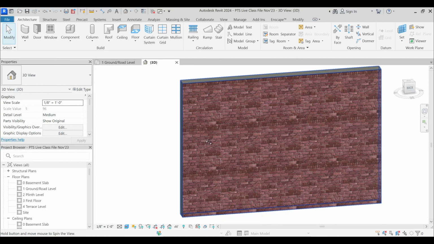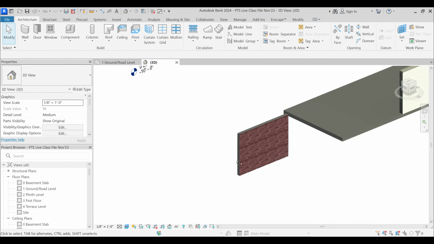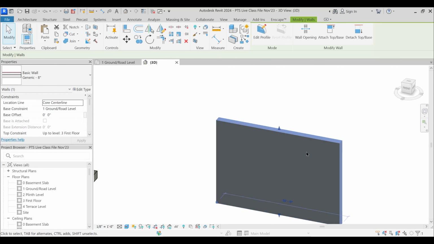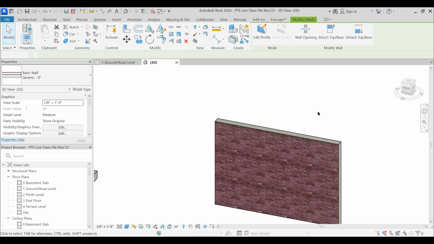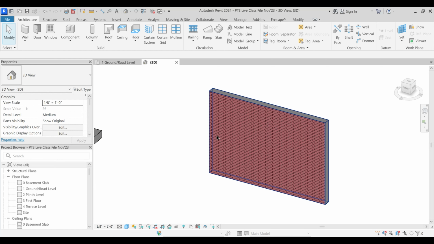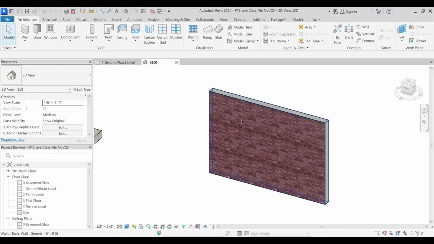Is everyone following? Yes sir. Okay, with practice it will be clearer. And when I click this wall, if I just press space, it will flip, interior becomes exterior. And CC, so that you will see it in consistent color. SH, you will see it in shaded, and R enter, you will see it in realistic. But these shortcuts won't work for you.